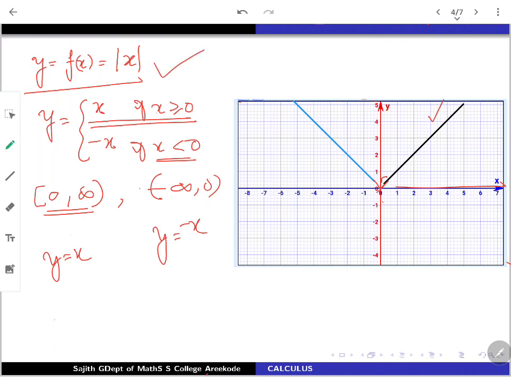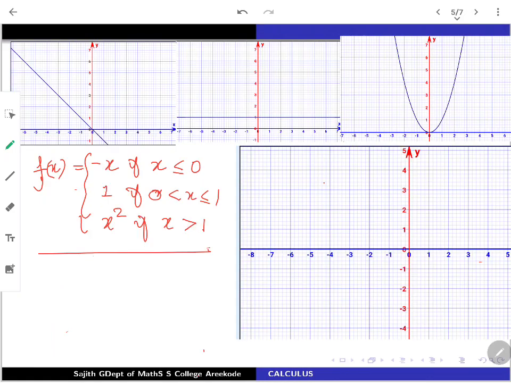In a very similar way we can try various examples. One can consider the following. f of x is given by three pieces. Now the entire domain is divided: for x less than or equal to 0, you have to give minus x. Between 0 and 1, excluding 0, including 1, it is 1. And the last part is given by, for all x greater than 1, you have to take the shape of x square. So these three pieces together are our new function.